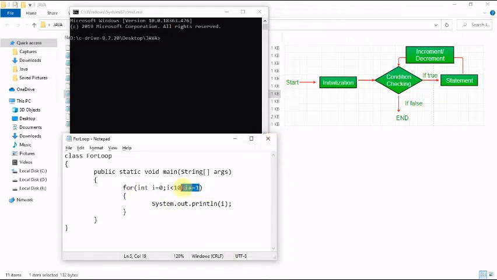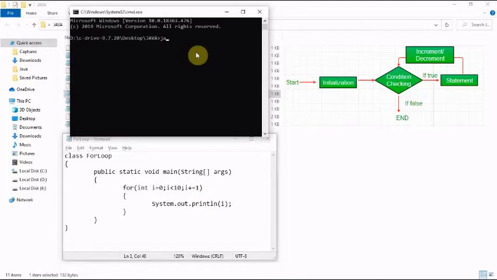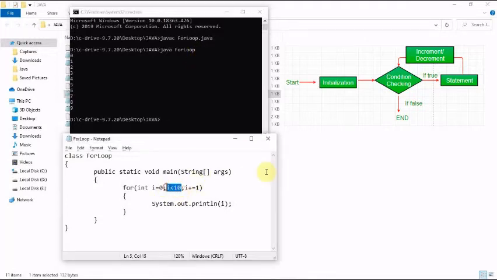Now when you run this code in CMD with the lines javac ForLoop.java, I've saved the code under ForLoop. Once the code is compiled, you run it with java ForLoop, and it will print out each of the numbers less than 10. It does not print out 10 because the condition is to be less than 10. So 0, next it will increment by 1, which is 1, then 2, then 3, then 4. Once i reaches 9, it will increment i to be 10, but the next time it checks the condition statement, it will be false. So it will come out of the for loop and close the program in this case.